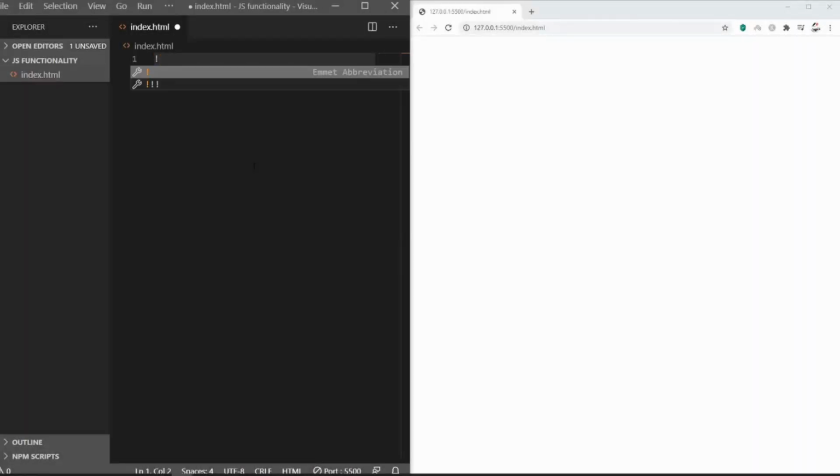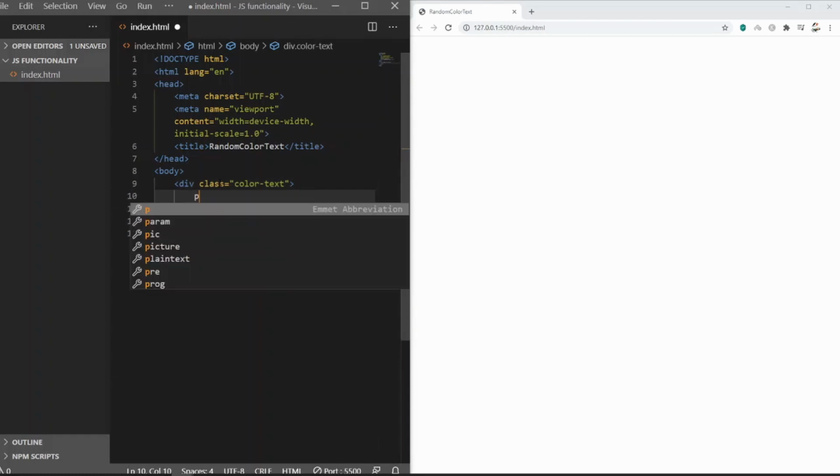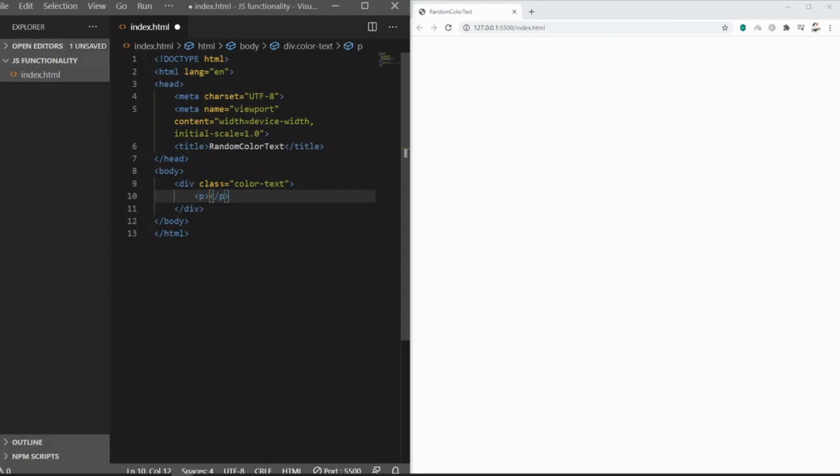Today we are going to build a glowing GenX Club logo using JavaScript to trigger the color changes. So let's begin with HTML. We're going to give a title to our project, random color text. Next, we're going to make a text on top of the screen to display the color code. So let's give it a class color text and a paragraph with the ID text and name as text, color text.